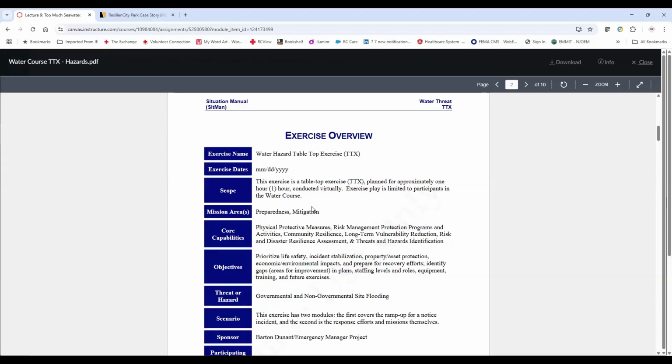Our usual objectives: prioritizing life safety, incident stabilization, then economic and environmental, and then preparing for recovery efforts as the last two parts of the priority. Life safety is always our top priority.